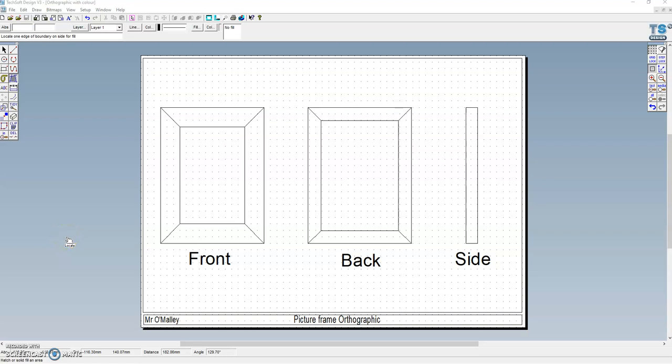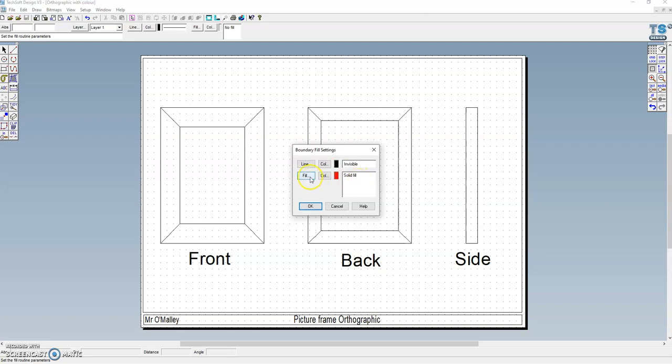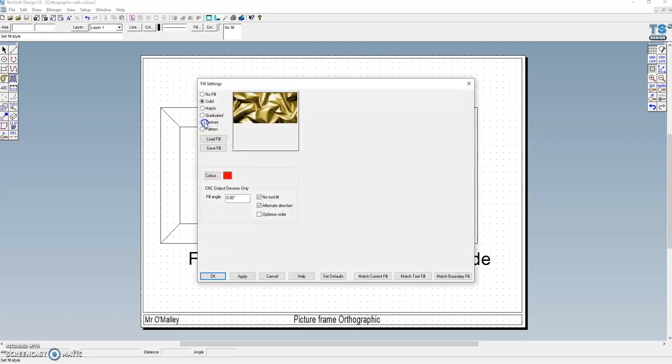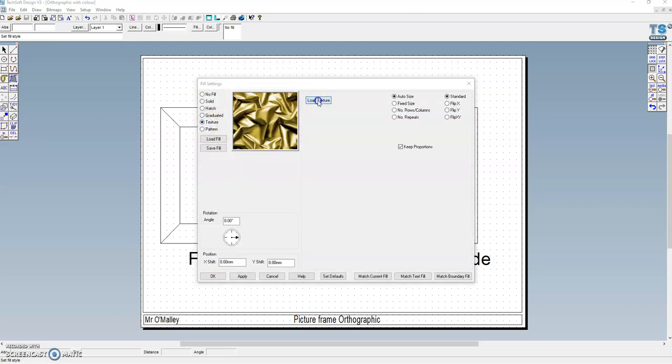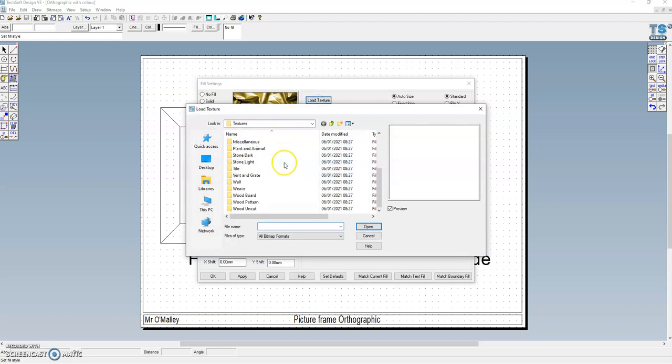Okay, so let's think about adding our wood effect now to our design. It's really simple. I'm going to come to my bound fill tool, which we've all used before. I'm going to click on the word fill. I'm going to go to texture, load texture, and I'm going to scroll all the way down till I see